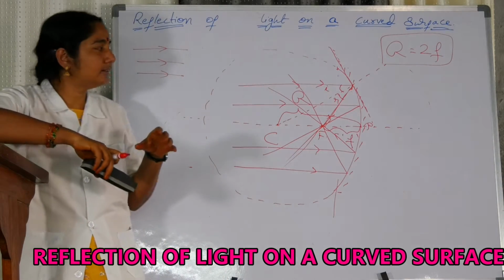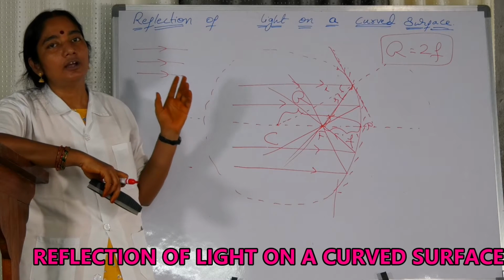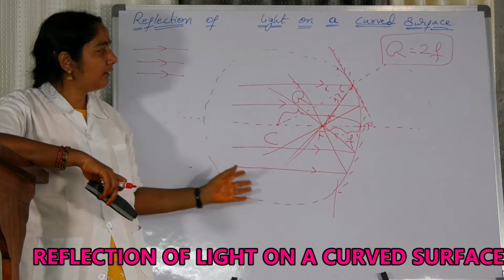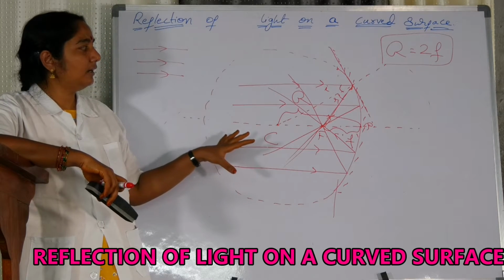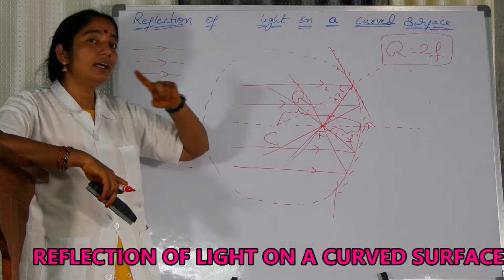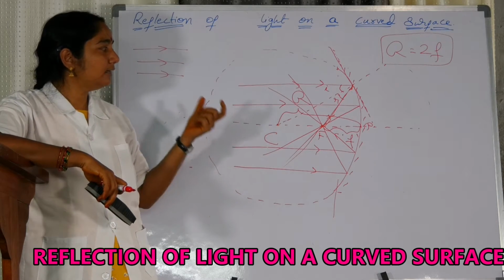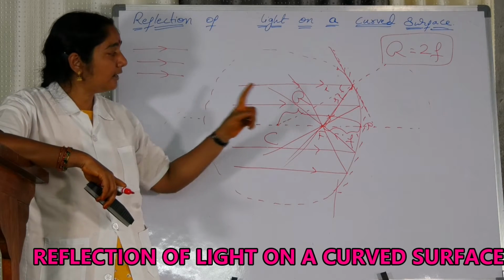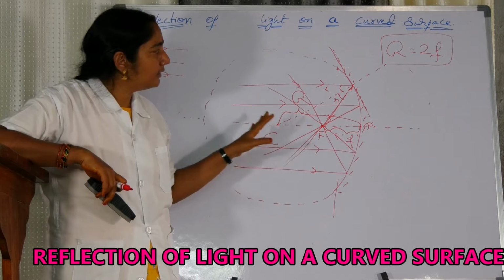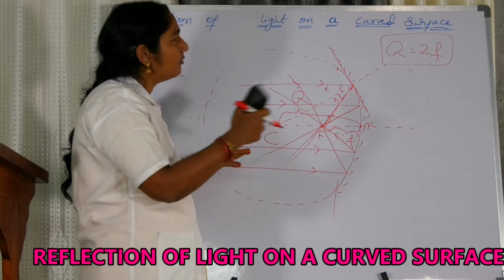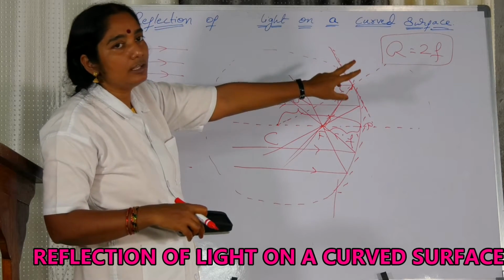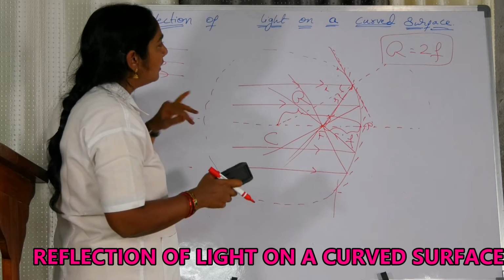So let us see the difference. Now you understood what a parallel beam, converging beam and diverging beam are, and what different terminologies we use in a particular mirror. In this particular case, the principal focus is real, it is not virtual, it is really happening. Now we will first see the relation R is equal to 2F, the relation between radius of curvature and the focal length.